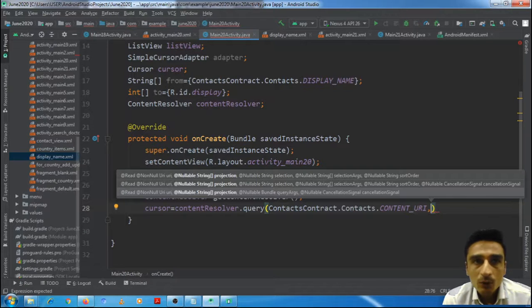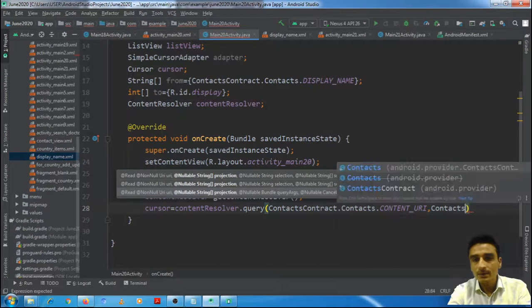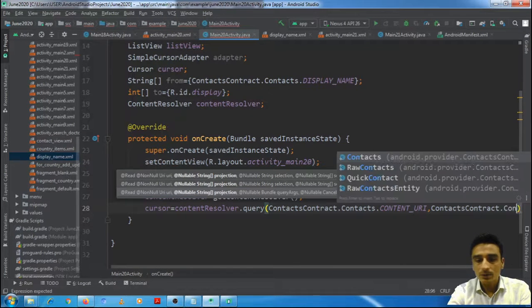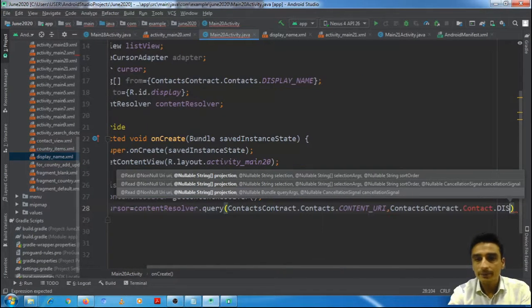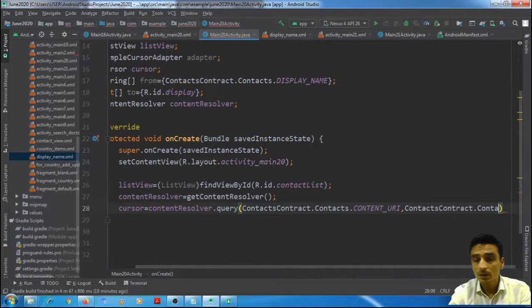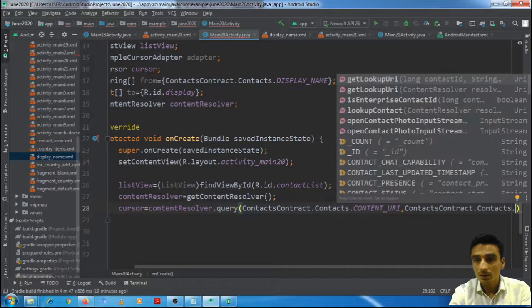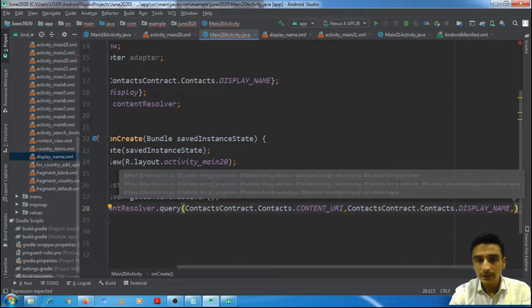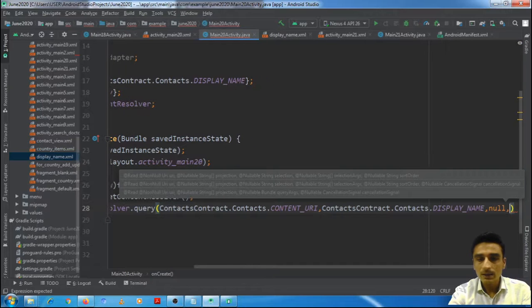Which columns we want to retrieve? Right now we will retrieve only one column, that is display name, ContactsContract.Contacts.DISPLAY_NAME. Then everything else null.